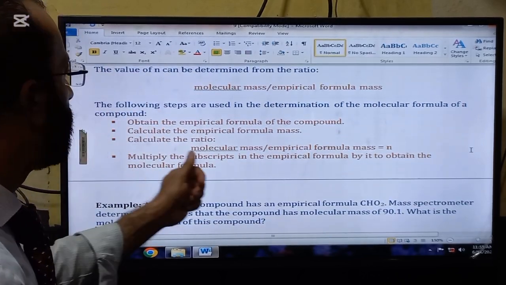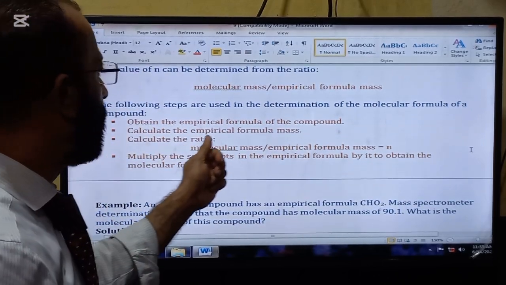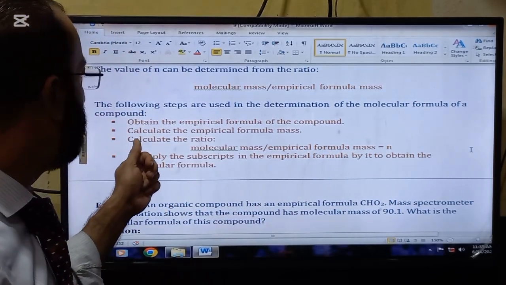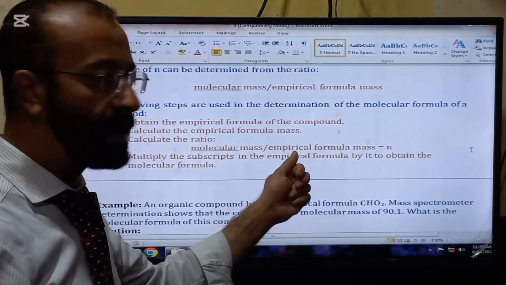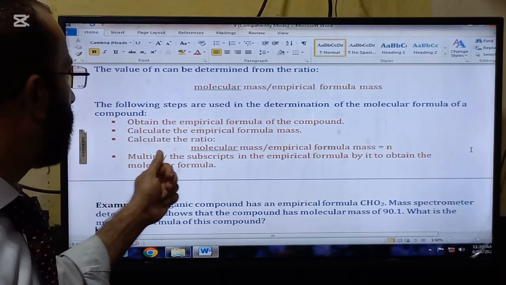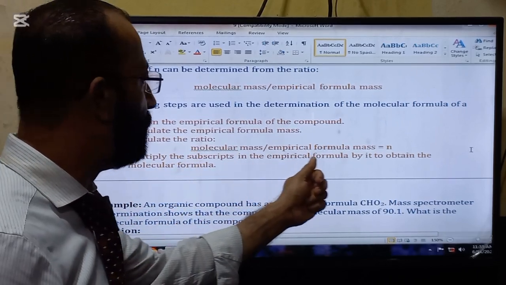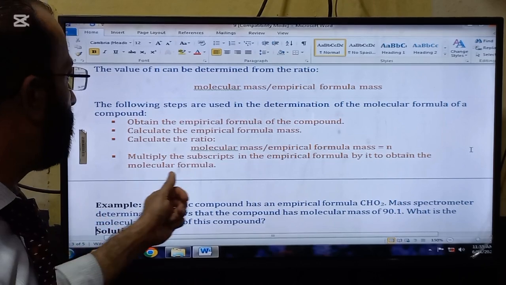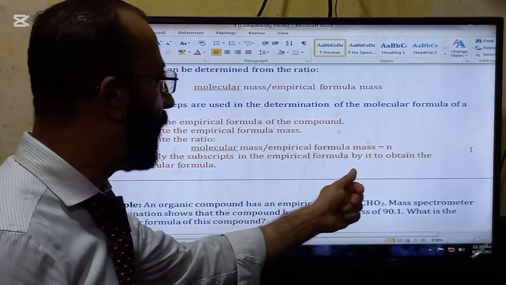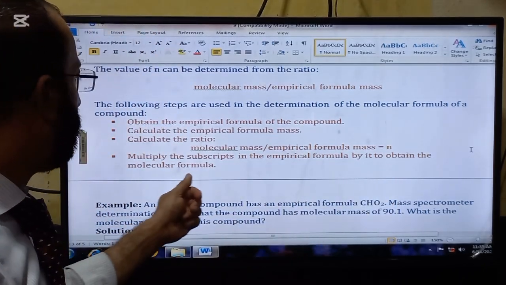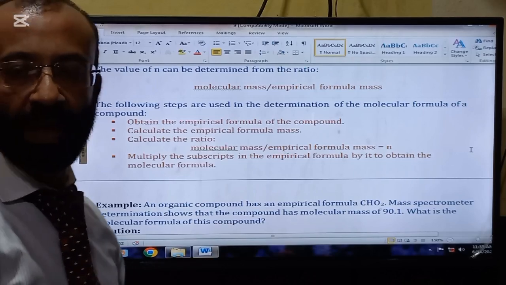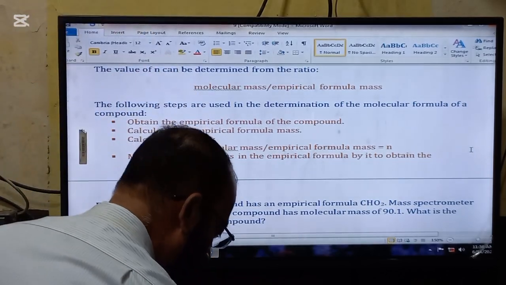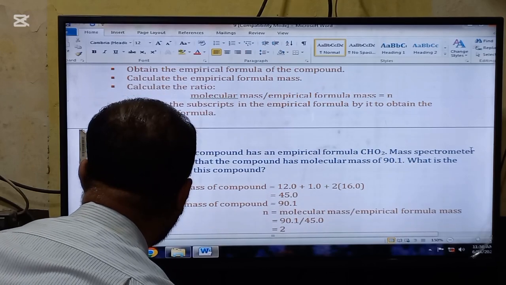So these are the steps. First, obtain the empirical formula of the compound, which you have learned. The second step will be calculate the empirical formula mass. Next step will be calculate the ratio, molecular mass over empirical formula mass, that will be n. And the very final step will be multiply the subscript in the empirical formula by it to obtain the molecular formula. So these will be the steps, and now we are going to solve a question that will make our